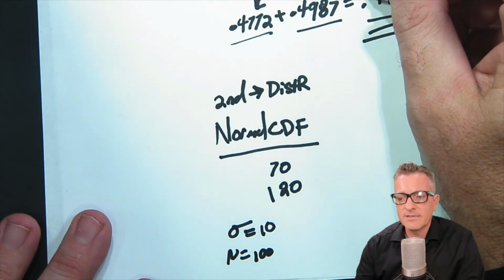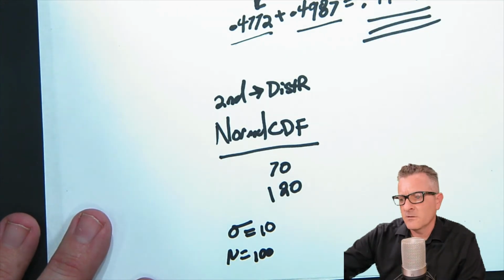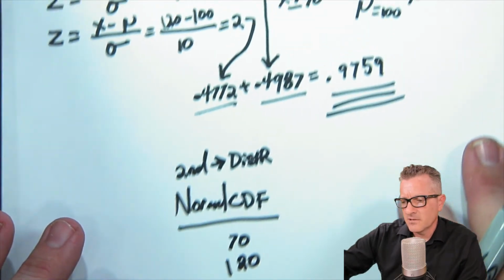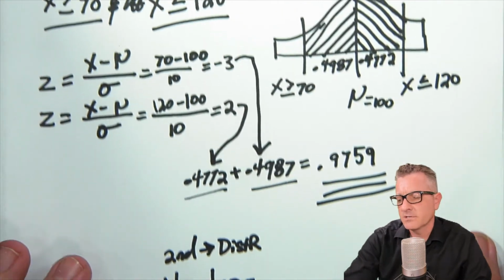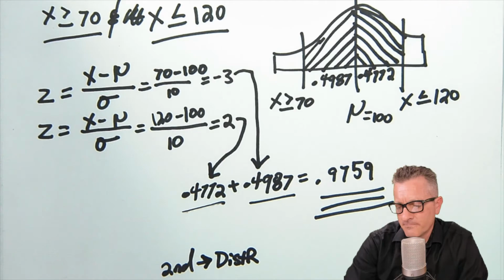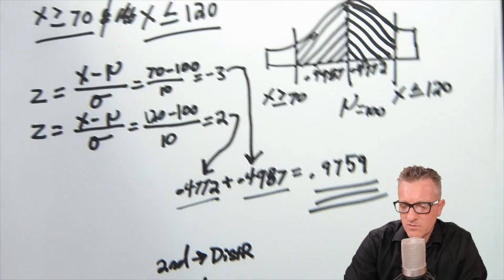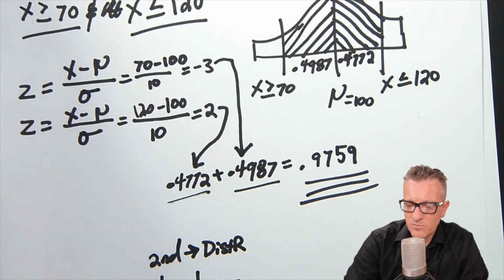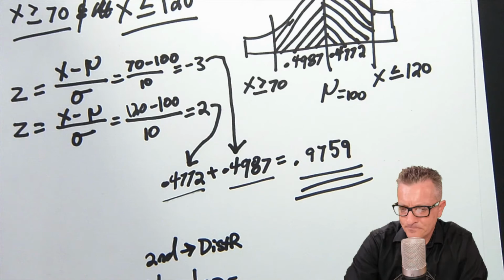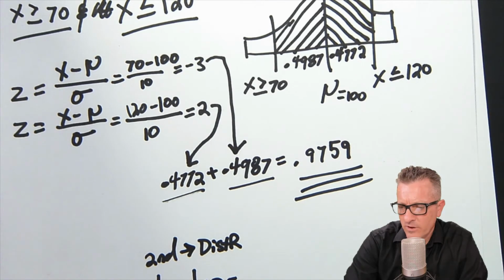So it's very easy. The betweens are very easy, in my opinion, because you know what your upper and your lower is. There's not a lot of guessing on that. So you put in your upper, your lower, your standard deviation, your mu, and then you get the answer. So there's not a lot of wiggle room there.